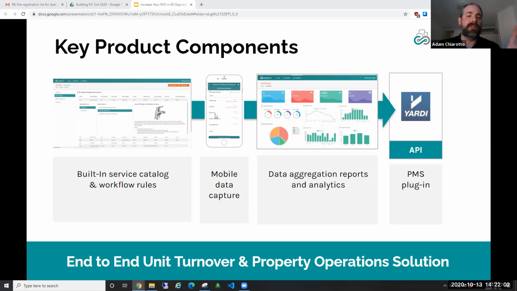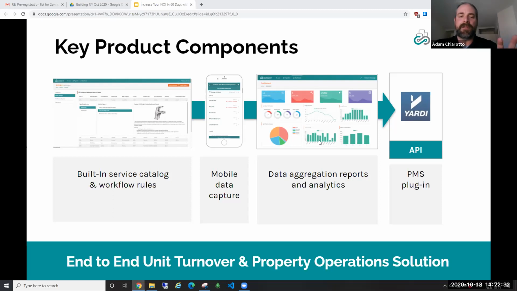Of course, we've got our mobile data capture as well. So you're not going to need to go back to your office to, quote unquote, complete the task by doing the data entry. You're going to be able to stay on site longer and do more tasks, as opposed to having to write them down on a piece of paper, bring it back to the office, put that data in. Oh no, maybe I lost the paper, or maybe I can't remember which photos I took from which unit. These are all easily solvable processes using the SuiteSpot platform.